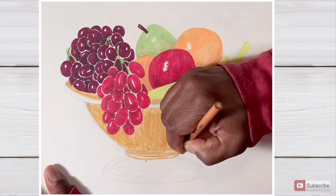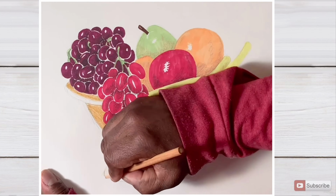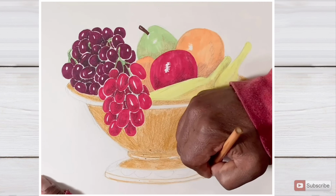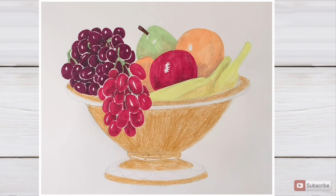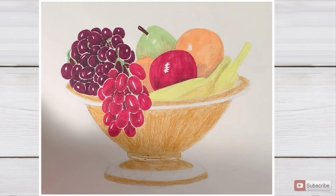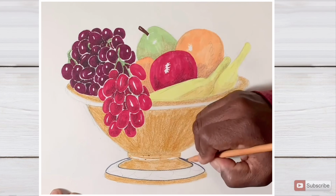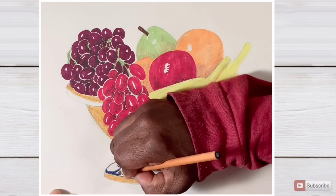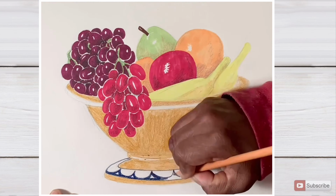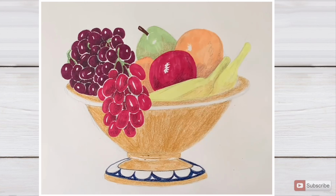Okay, make sure I get a nice even-ish tone on that bowl, and leave out some reflected areas. And stuff like this, I'm adding the design that I saw on the bottom of the bowl here. I kind of added my own little twist to it, but I tried to follow it as best as I could,